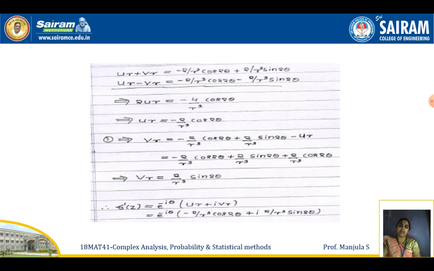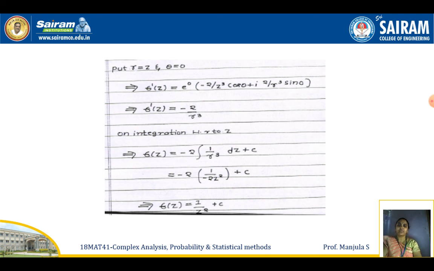Now we got the values of ur and also vr. These two solutions we substitute in the formula f dash of z equals e to the power minus i theta into ur plus i into vr. So now ur and vr you have to substitute, and the equation becomes e to the power minus i theta into minus 2 by r cube cos 2 theta plus i into 2 by r cube into sin 2 theta. You just put r equals z and theta equals 0. This implies f dash of z equals e to the power z into minus 2 by z cube